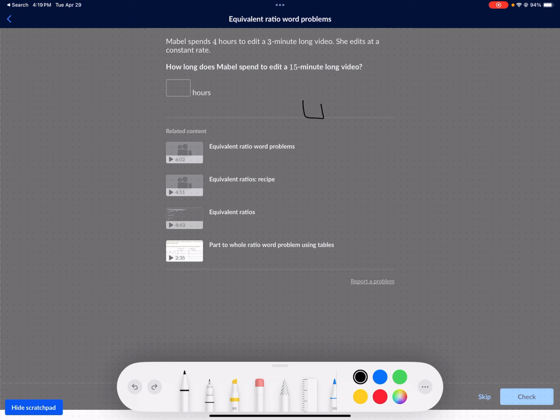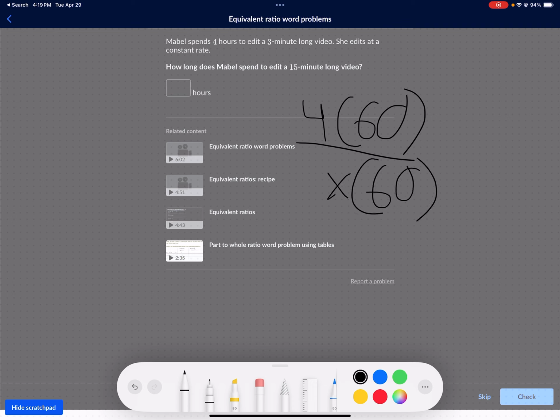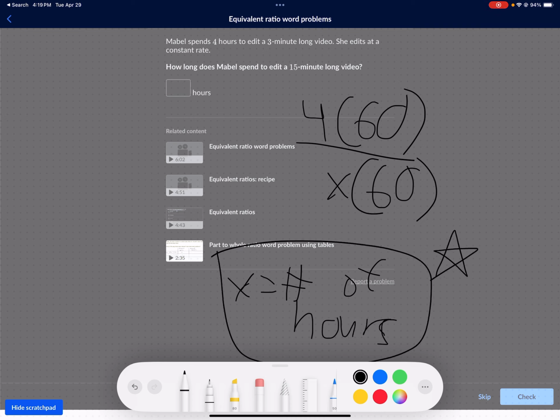So 4 times 60, because remember, 60 is in an hour, so we want to convert to minutes using this formula. X is the amount of hours, and then times 60. So X is the number of hours. So I will go ahead and star this as well. So 4 times 60 is